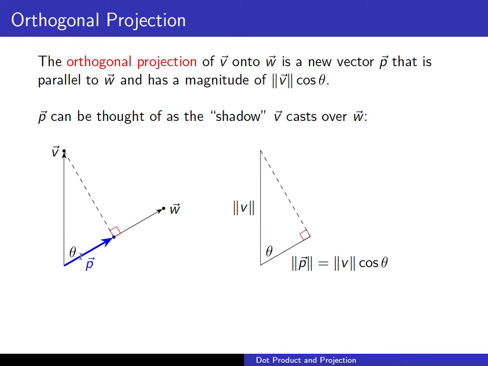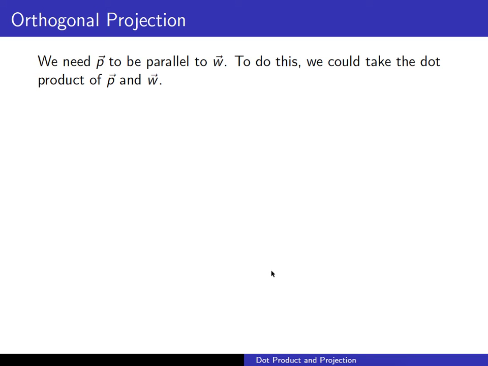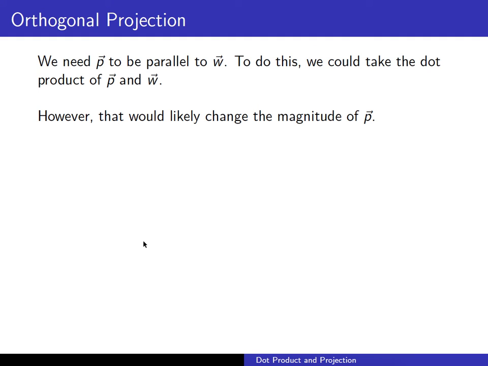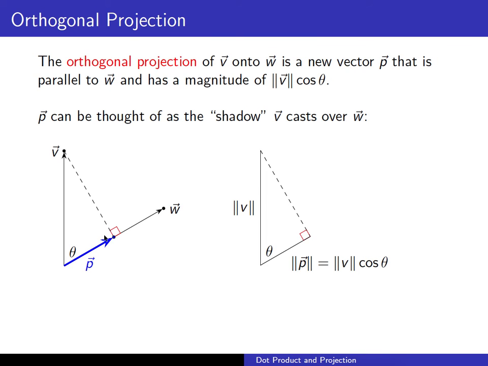But for vectors, remember, we not only have a length, a magnitude, but we also have a direction that they point as well. So this doesn't tell us what direction it points. It will only tell us the length. In order to get the direction, we need vector p to be parallel to vector w. We could take the dot product of them, but the problem with that is that it might likely change the magnitude of p. So we do need to take vector w into consideration here,